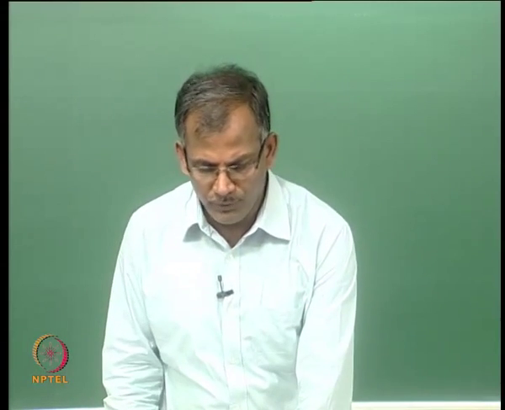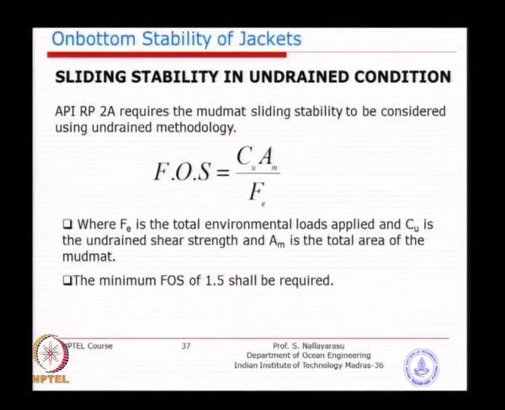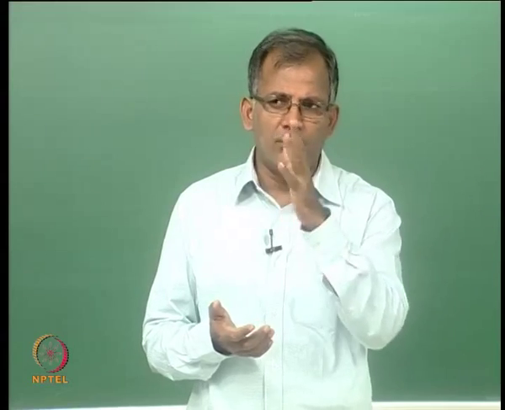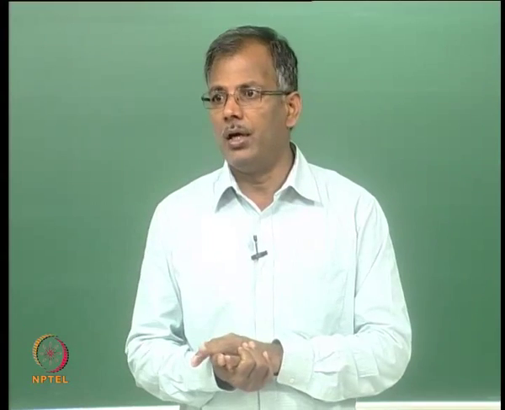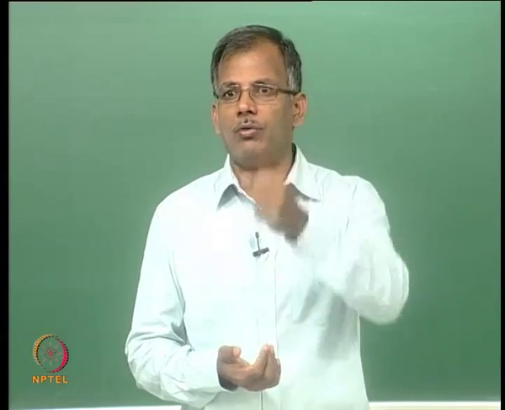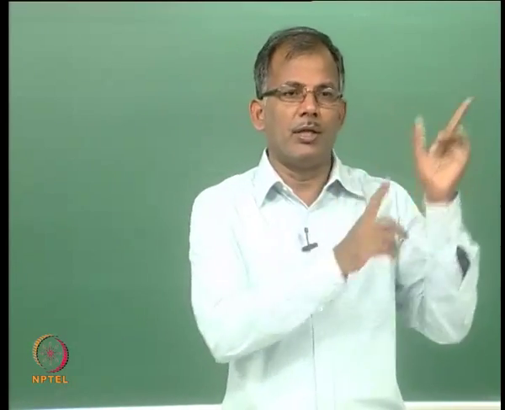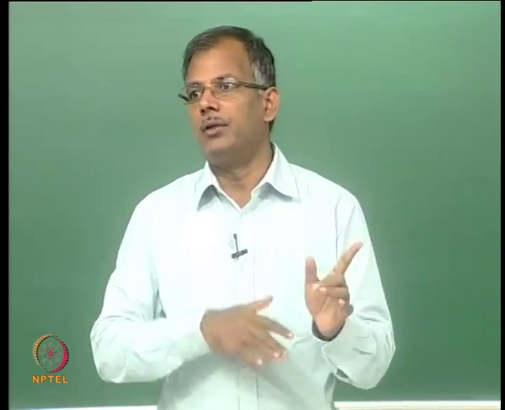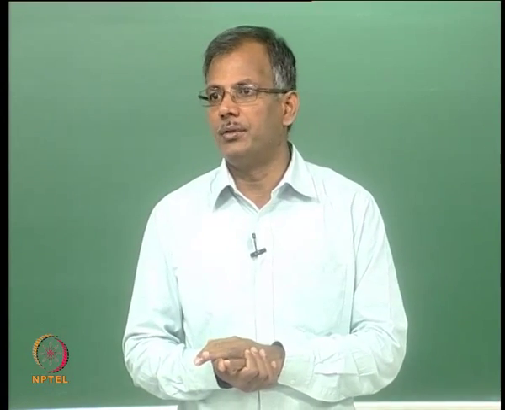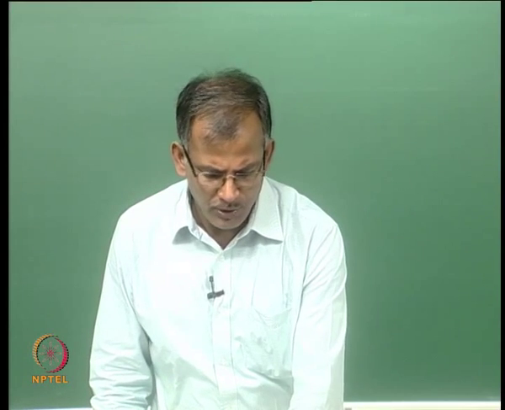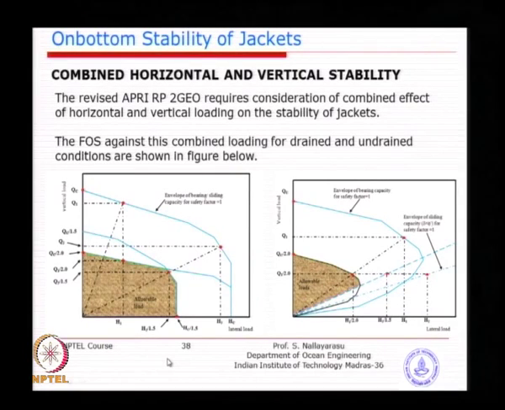So when you do this, for example, you have a sliding stability which is predominantly due to horizontal load, and bearing stability predominantly due to vertical load. When you combine them you may actually find an envelope very similar to our unity check when you are studying in your design course. Axial load with bending moment, you can do an interaction ratio: if you have purely axial load you take the ratio to 1, and vice versa when you take only the bending moment you take it to 1, and if you have a combined effect you should get a curve very similar to the beam column interaction curve.